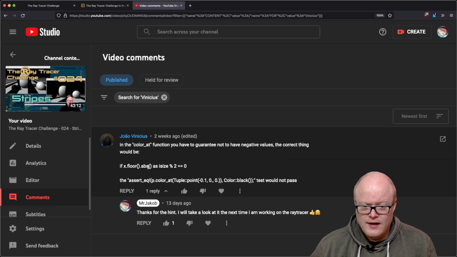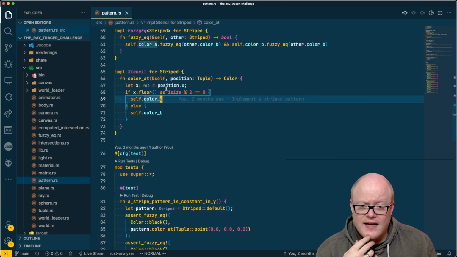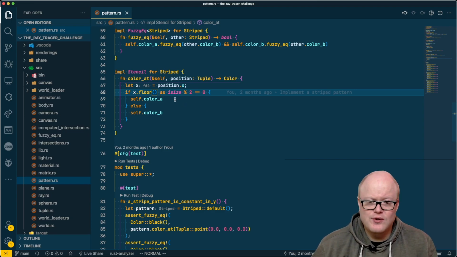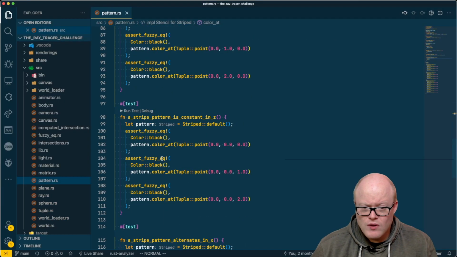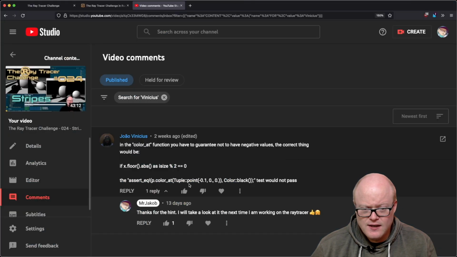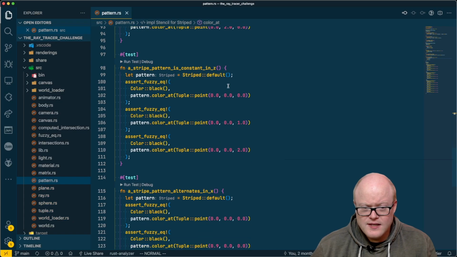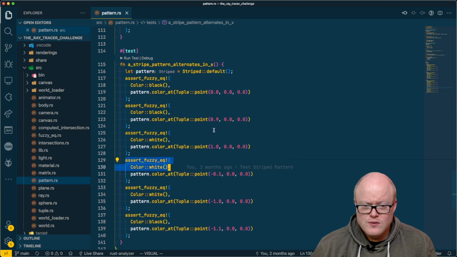So if x floor absolute, so what we are actually checking here is the x position, and we need to ensure that it is non-negative. So do we need to do this? What test is he referring to? The assert tuple color black test would not pass. Yeah, which one of those tests is that actually? The assert equals p color add, we are at minus 0.1. That is one that actually tests the minus there. So no, not this one, but